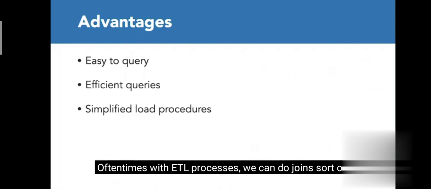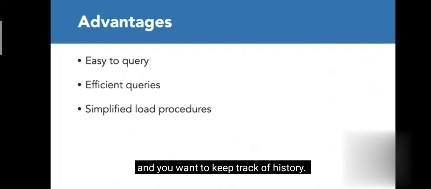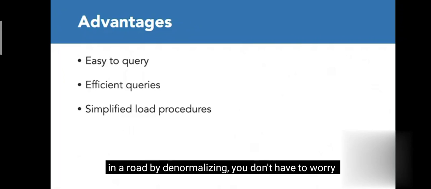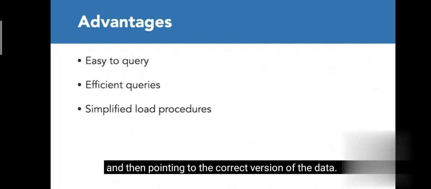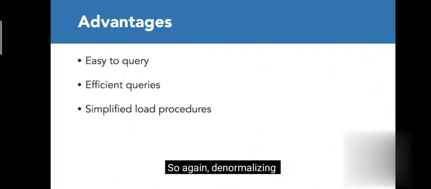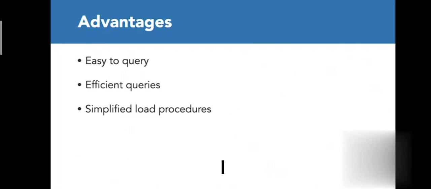Oftentimes with ETL processes, we can do joins in stream and then write to a single table. It also makes it easier if you're dealing with something called slowly changing dimensions and you want to keep track of history. By tracking the data in a row by denormalizing, you don't have to worry about tracking multiple records in, say, a dimension table and then pointing to the correct version of the data. So again, denormalizing can somewhat simplify load procedures. One of the most effective ways